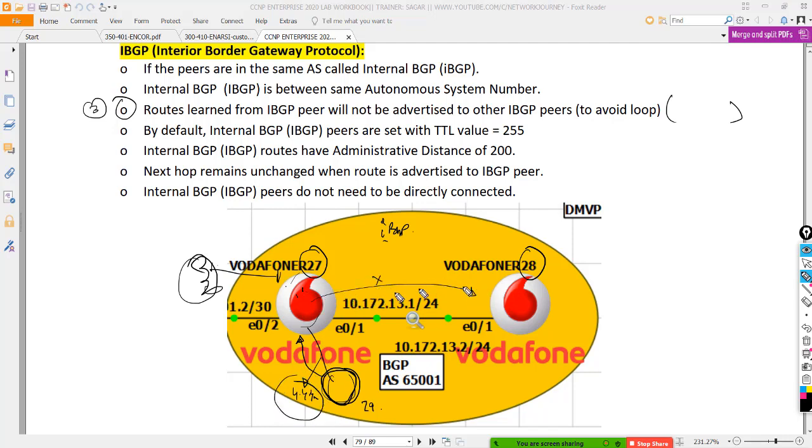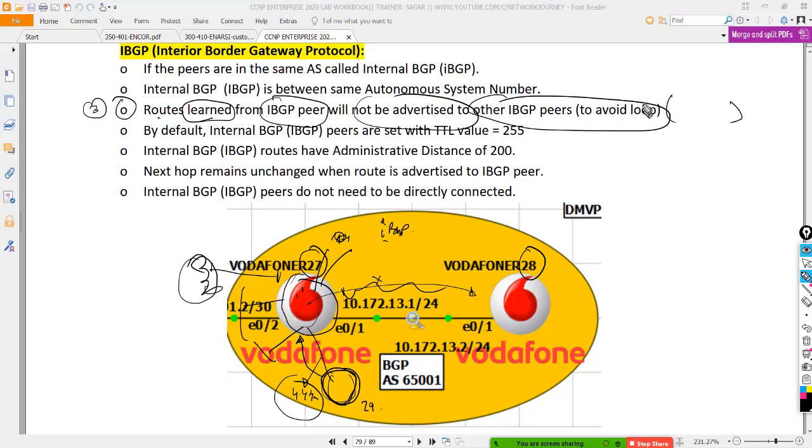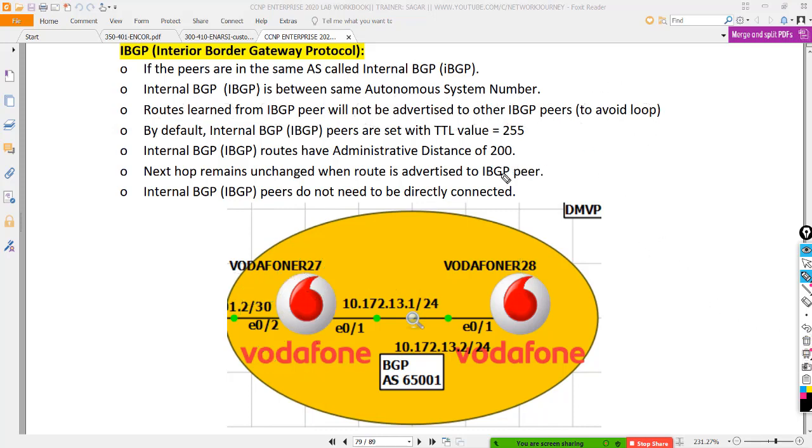It's only going to forward routes that are directly connected to it. If I have any prefixes on it, only those are getting exchanged, but not anything learned from other routers. Routes learned from IBGP peer will not be advertised to other IBGP peers. The main reason is to prevent looping.